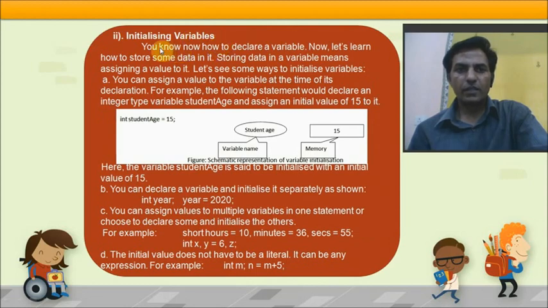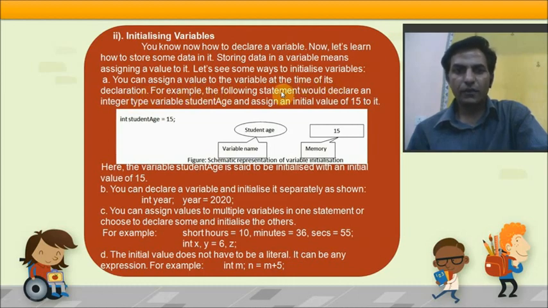Initializing variables. You know now how to declare a variable. Now let's learn how to store some data in it. Storing data in a variable means assigning a value to it. Let us see some ways to initialize variables. First, you can assign a value to the variable at the time of its declaration.